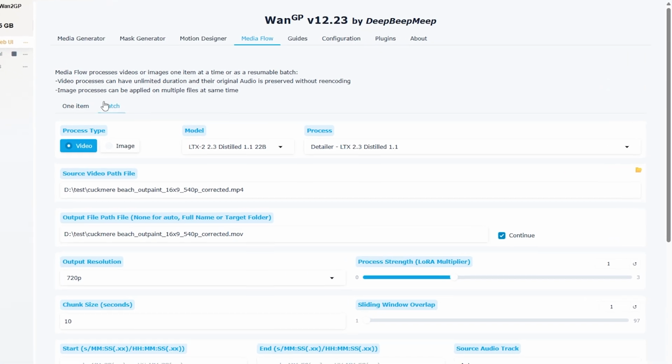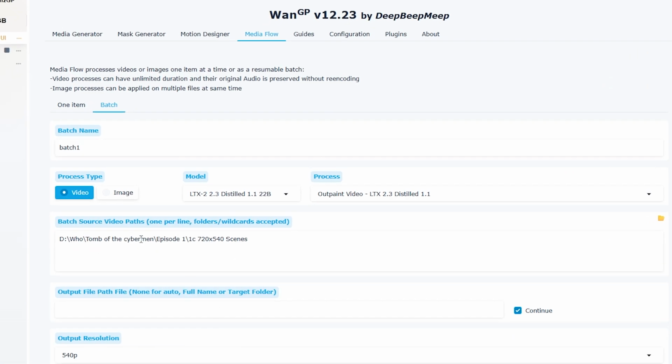Now, when it comes to batch files, this is where, of course, I'm going to make lots of files, so I can't put an individual file name here in the output path. So what I do is I copy that and then paste it. So this will take all of the shots in that folder and then remake them to shots in this folder, which happens to be the same thing, but of course I could just make it somewhere else. So, but this still won't work because I'm putting in MP4s and making MOVs. What you got to do to actually get this to work is just to put in a backslash and then go